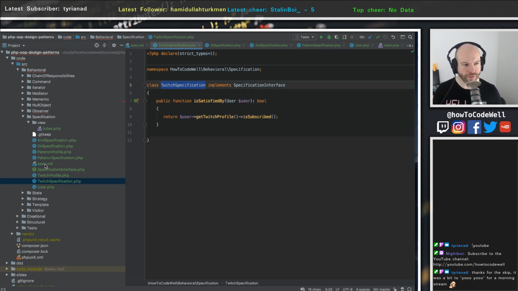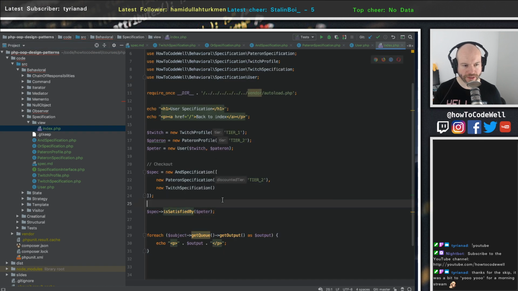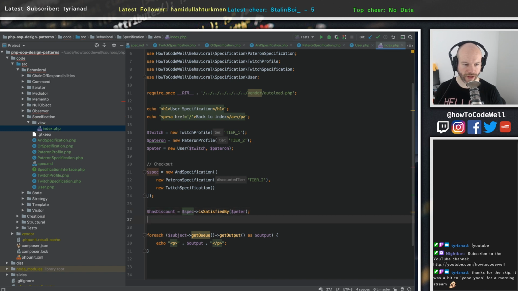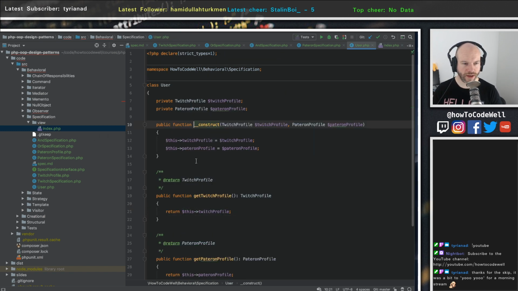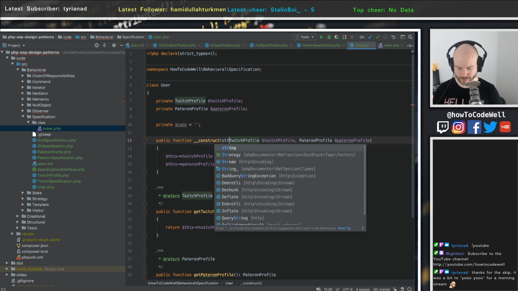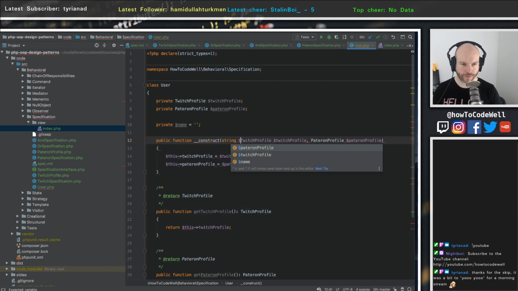So let's see if we can go ahead and run this. So this is going to return true or false. So we're going to do has discount is equal to there, and let's create this a little bit nicer. Let's do private. Let's put in a name, and we'll put in a name up here. So we'll do string name,